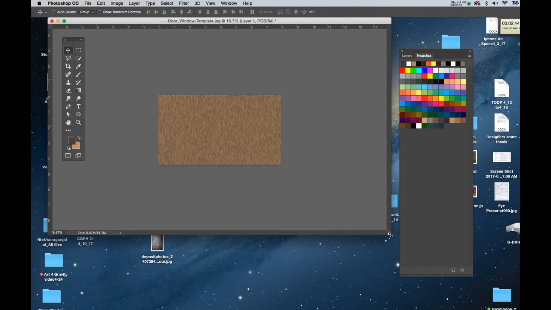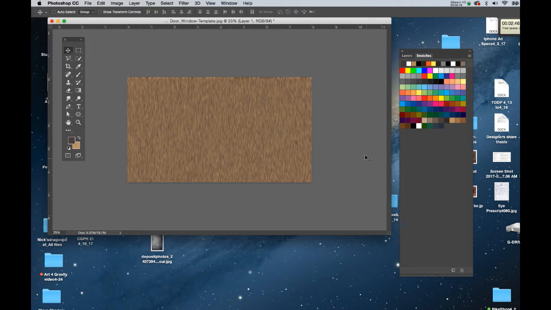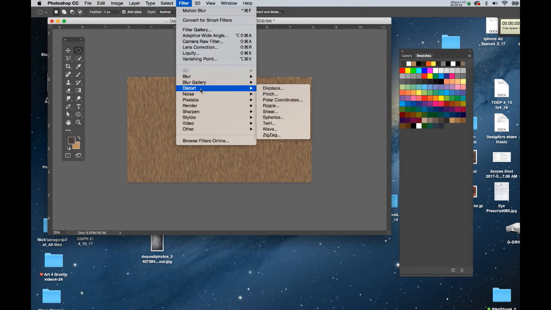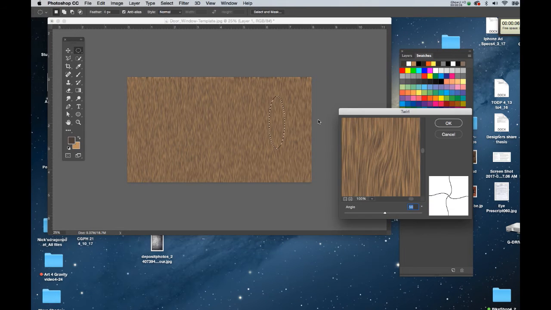So I'm going to put some twirls on it, and in the process, it'll make it look like it's got knots. So I'm going to get my marquee tool, and I want the elliptical, and I'll make a selection just randomly inside my file. I'm going to right click and put a feather on it, and I'm going to make the feather maybe 15, and you'll see why in a moment. Now if I run the twirl filter, so I'll go to Filter, Distort, and Twirl, just zoom in on this a bit,